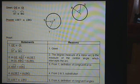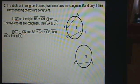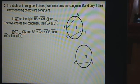So, what is theorem number 2? So, this is theorem number 2. In a circle or in congruent circles, two minor arcs are congruent if and only if their corresponding chords are congruent. So, kung yung minor arc nung dalawang congruent circle ay congruent, so pwede rin nating sabihin na yung corresponding chords nung dalawang circle ay also congruent. So, illustration niya,